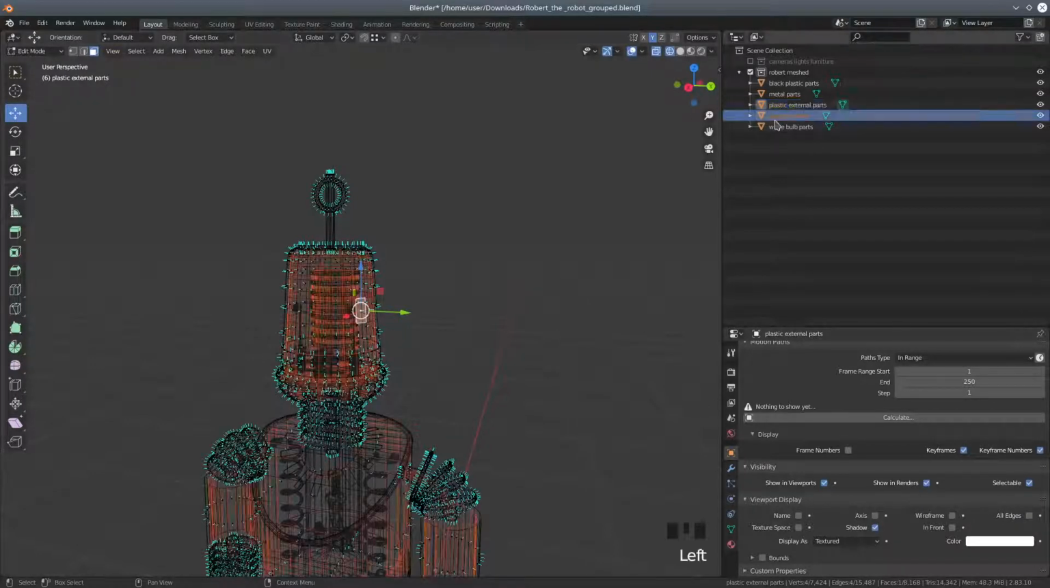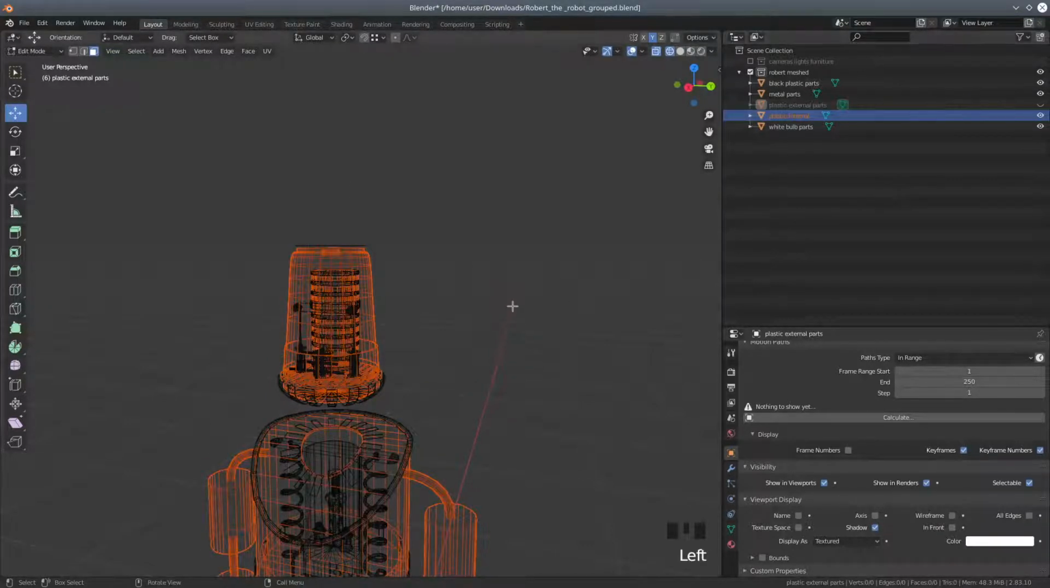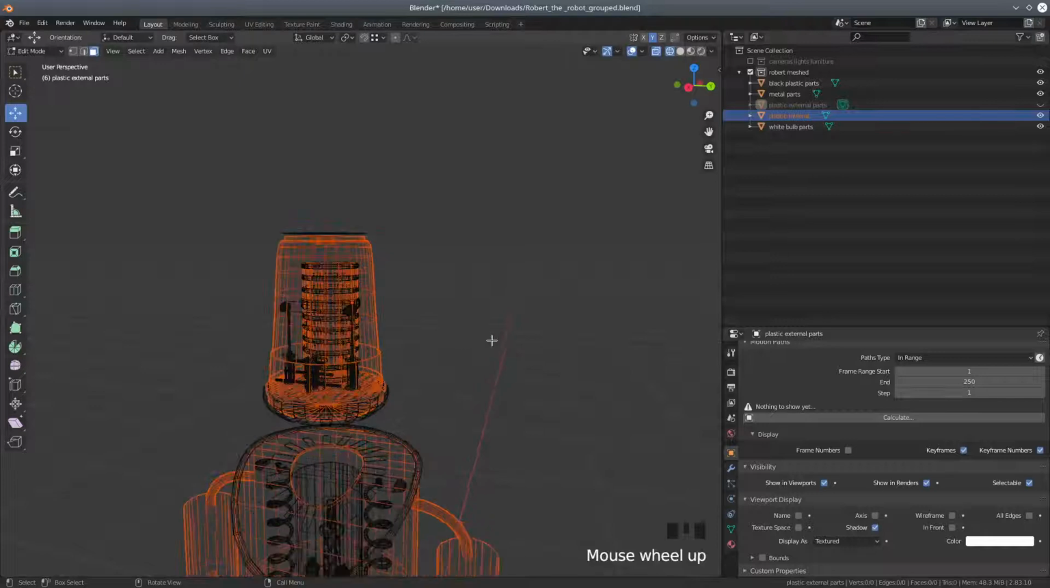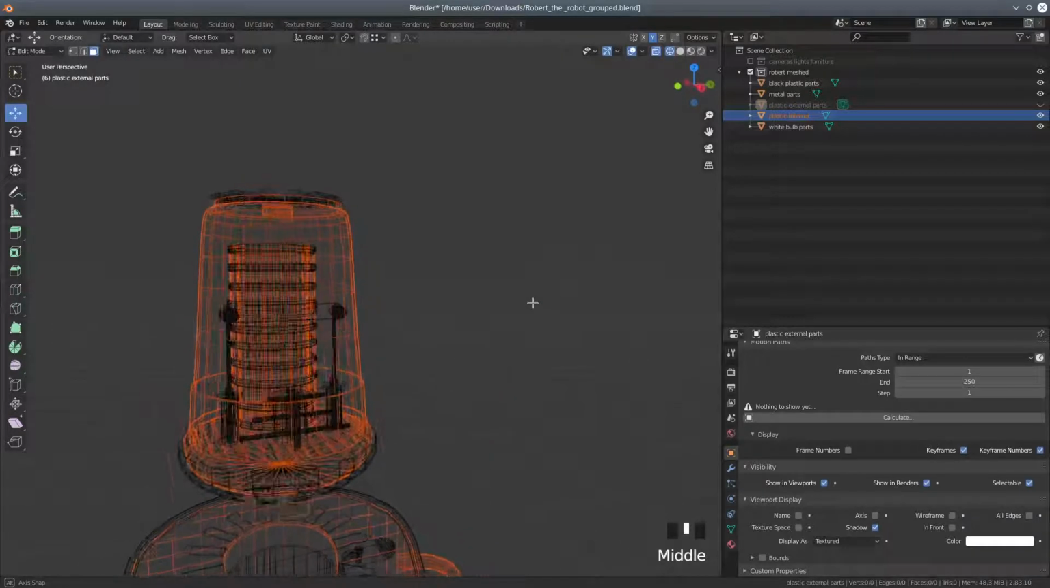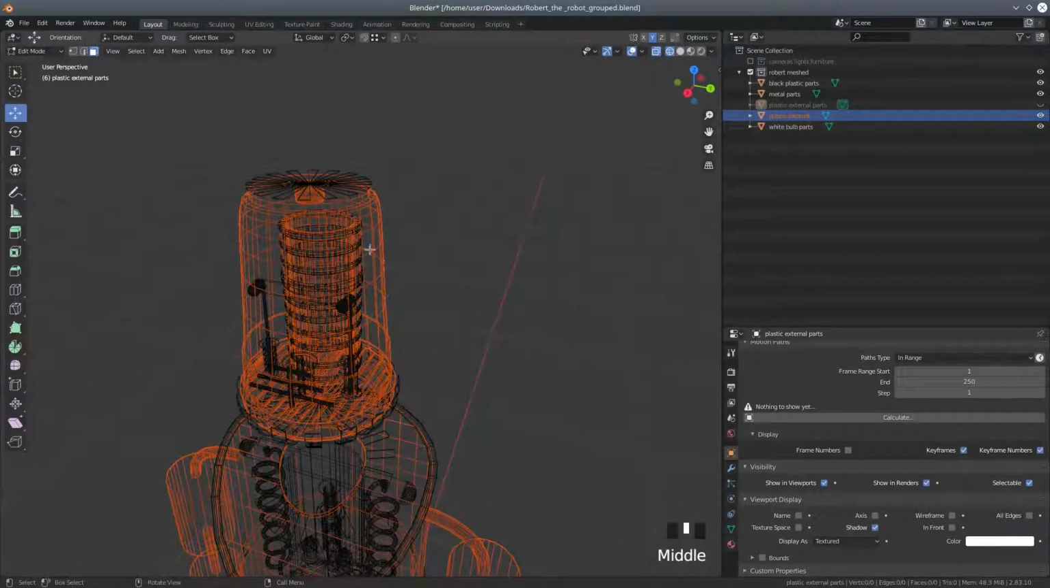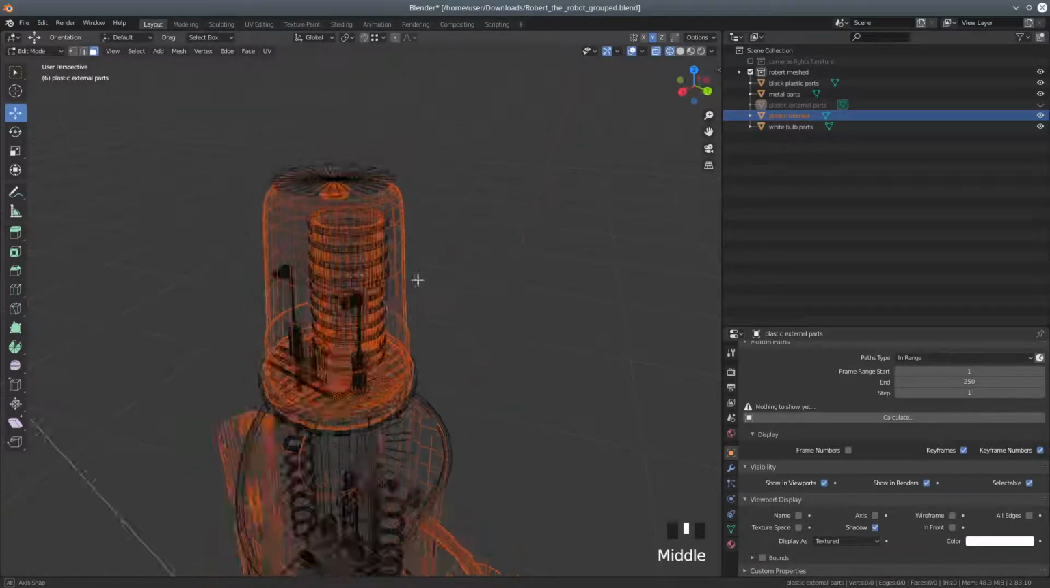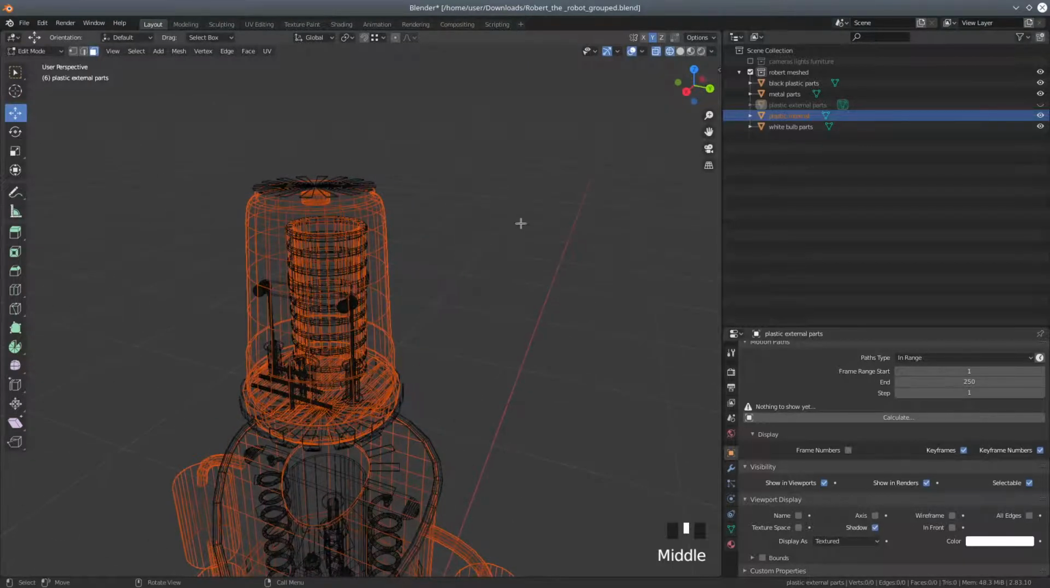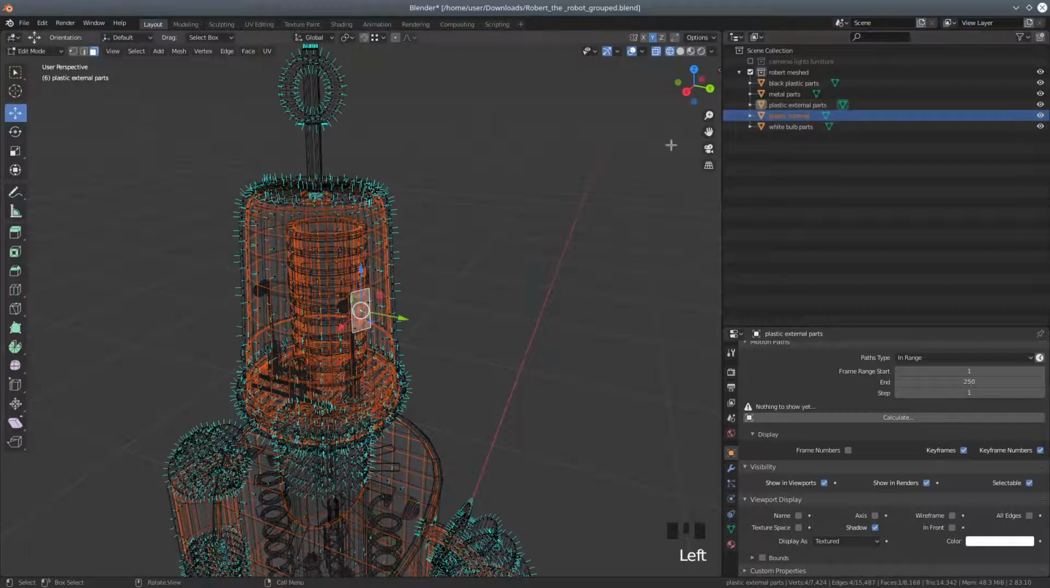And similarly, let's just turn that one off. Similarly, you can see that I've got another mesh that is the plastic internal part, so it's the inside, and it's separated into 2 separate meshes, because when you import